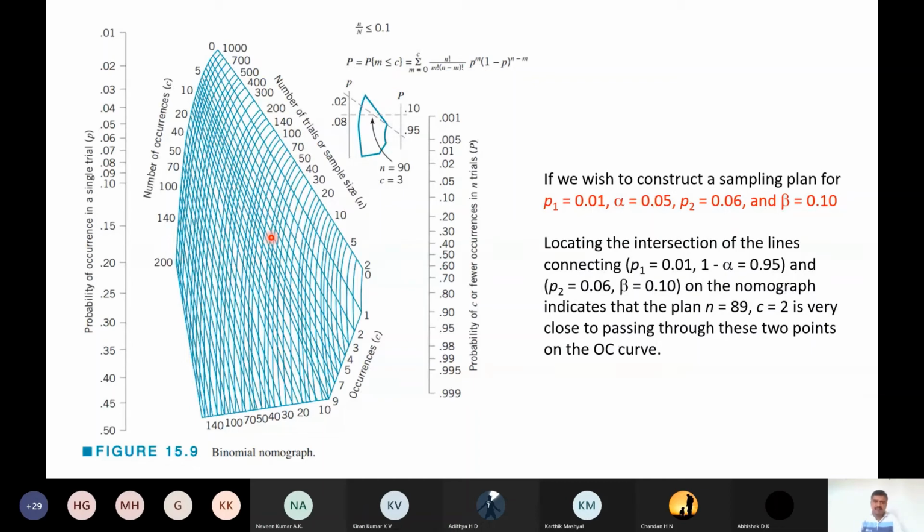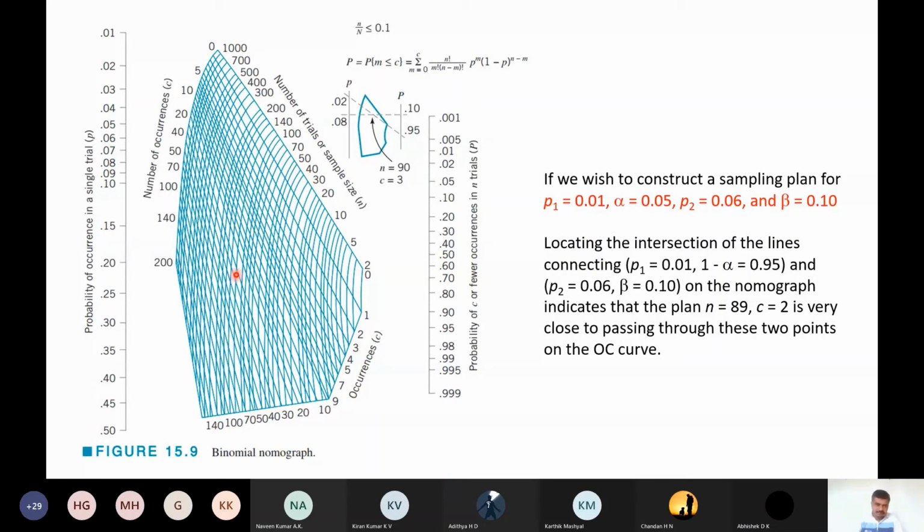This is a graphical method to find unknown values. For that there will be some graphical procedure. You are going to draw a few lines and connect them, and by using that result you are going to find some unknowns. For that we make use of a nomograph. So this is a graphical method.